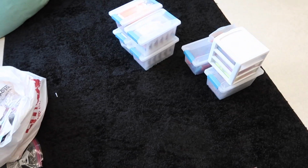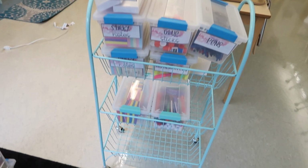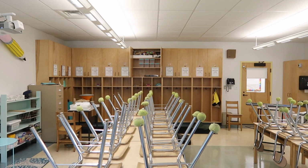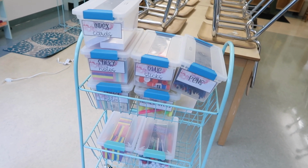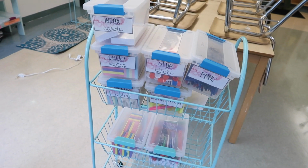So I started walking bins back and forth from the cabinet over there, and then I remembered that I have this rolling cart. So I just kind of loaded it, and I'm just gonna put them all right back in there and then roll them back to the other side. That way I don't have to walk back and forth. I don't know if that's genius or resourceful or just plain old lazy, but whatever it is, I will take it. I'm just throwing all the teacher hacks at you guys today, although I'm sure most of you already